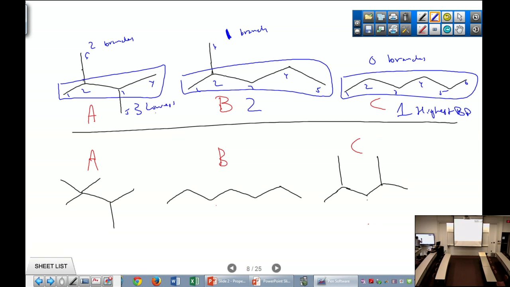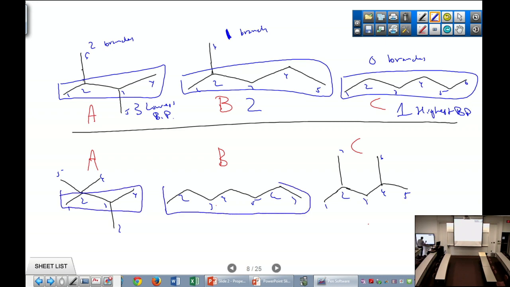Right? Have another one here. How many carbons do I have? 1, 2, 3, 4, 5, 6, 7. All right, now figure out the number of branches. There's my chain, and my chain. All right. So I got 3 branches here off my main chain. I've got 0 branches, and I've got 2 branches.